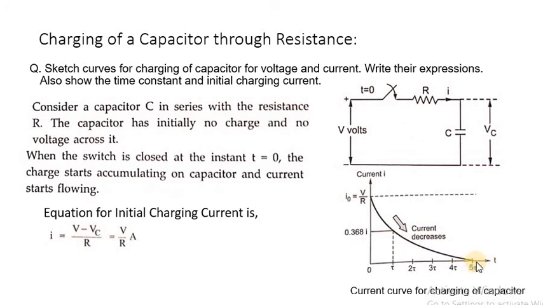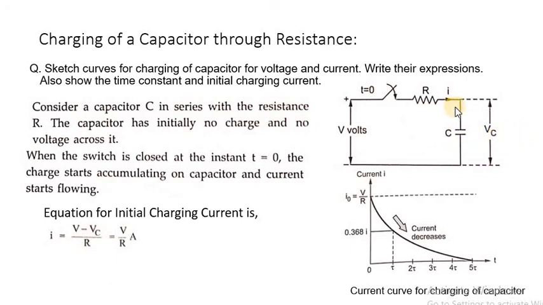And when time t goes to infinity, or when we are moving from the initial condition to the steady state condition. Steady state condition means what? The circuit is operating for a long time. So in the ideal condition, we take t equal to infinity. So when t is equal to infinity, or when the circuit is operating for a long time, what happens? The voltage across the capacitor VC reaches the supply voltage V value.